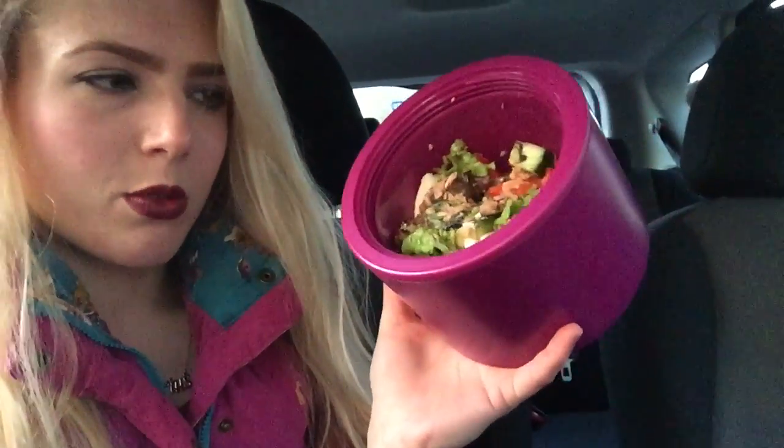So there's no sauce or anything on there. So the whole salad in total, there's 1 egg in total, which is 2 smart points, and there's 1 tin of tuna, which is 1 smart point. And I've just got the same